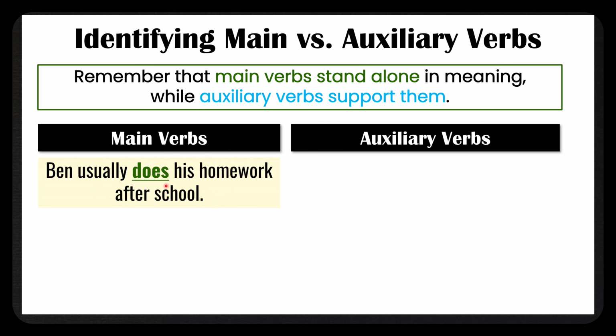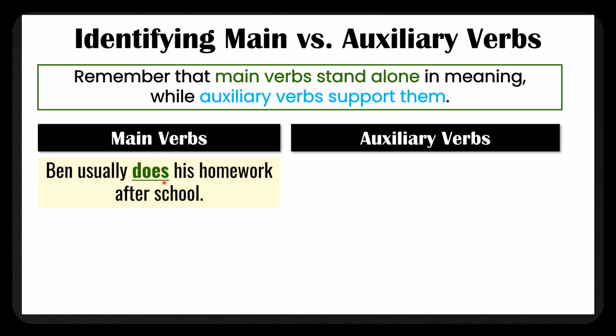Ben usually does his homework after school. Well, does is a main verb. And I know I just taught you that do, have, and be are auxiliary verbs. However, they can function as main verbs. Because if we remove this, we have no verb. Ben usually his homework after school. That makes no sense. So even though many times do or does is an auxiliary verb, it also functions as